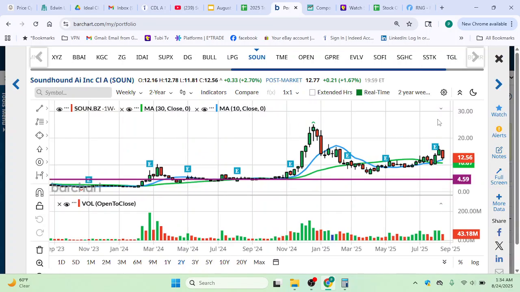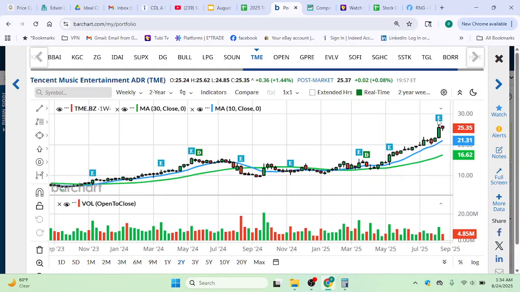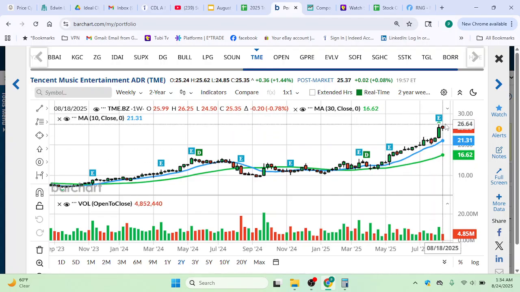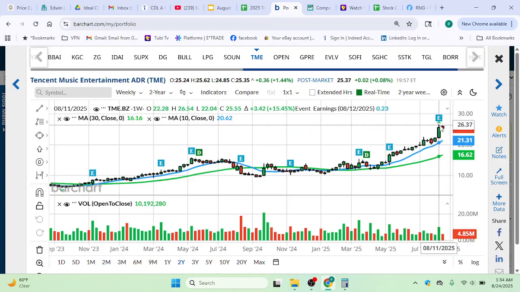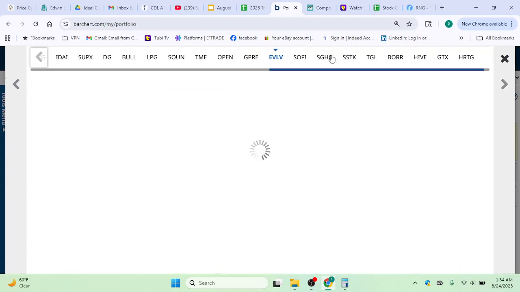Another AI stock sold off this week. But if these AI stocks can recover, they definitely have a nice risk to reward. Tencent Music. Here's one that I don't know if they're still talking about this on the news or not, but a nice move up in Tencent Music to all-time highs last week. So these are just the areas I'm involved in. I'm sharing with you guys.